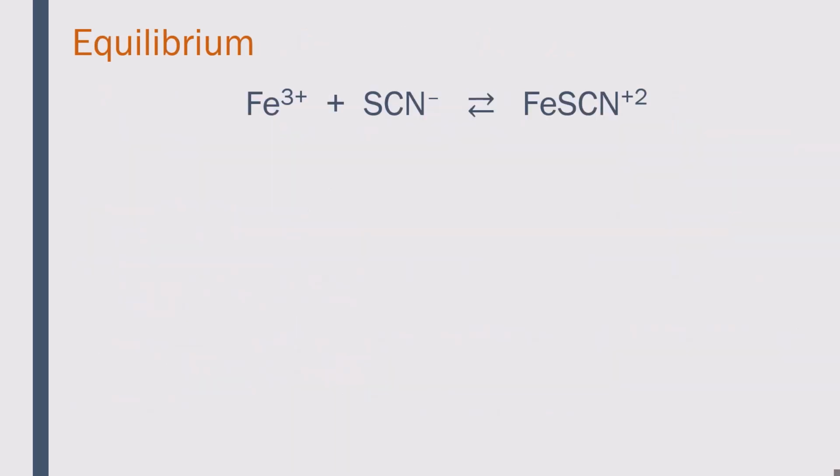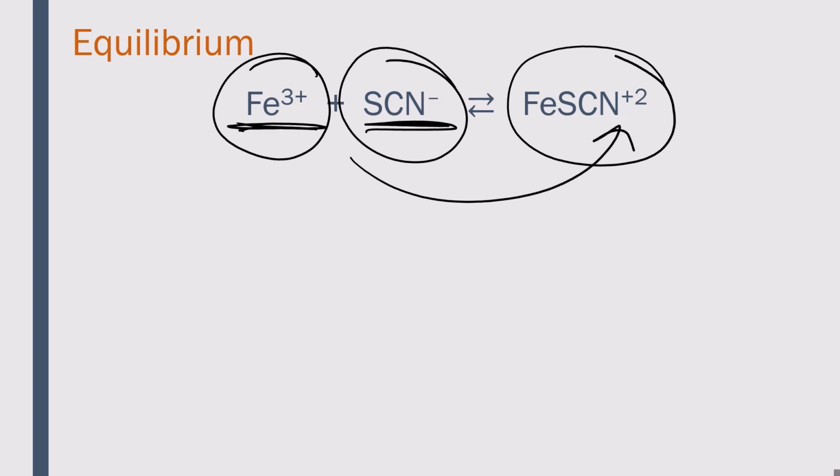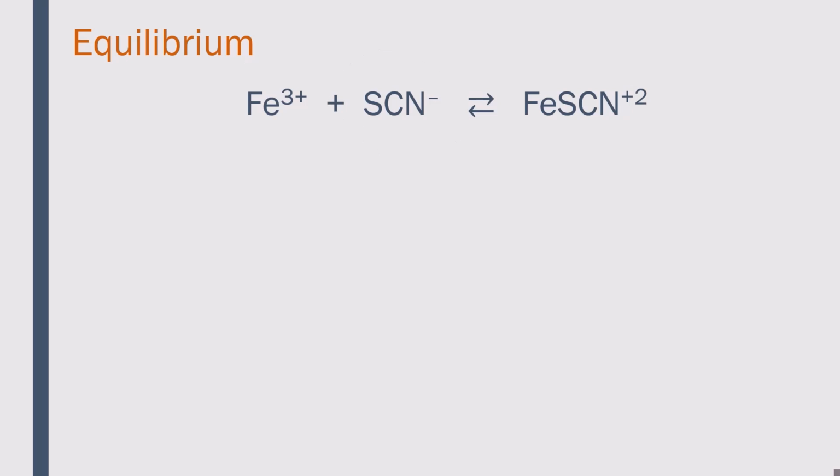So for those of you who haven't gotten to KEQ in your classes yet, which is perfectly fine, we're going to discuss a little bit about equilibrium. In this example for this experiment, we are using iron 3+ cation, thiocyanate minus anion, and together at a 1-to-1 ratio, they create the iron thiocyanate 2+ complex. The idea here is that we are not going to use all of the iron and all of the thiocyanate and turn it all into iron thiocyanate complex. Instead, they're going to reach an equilibrium state where there's still going to be some iron 3+ ion,